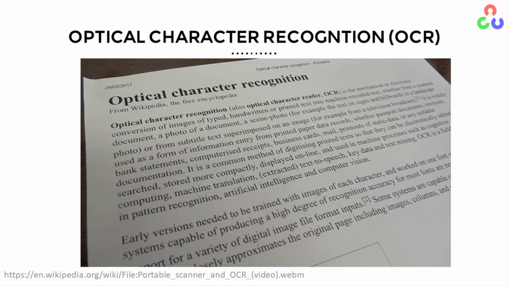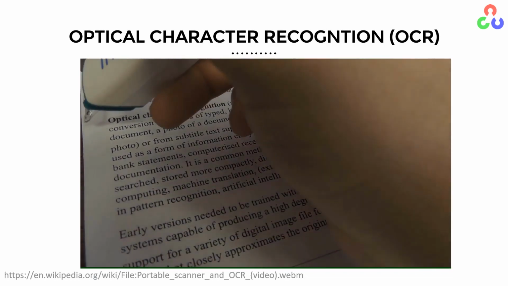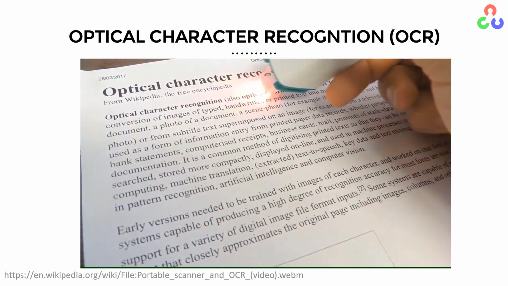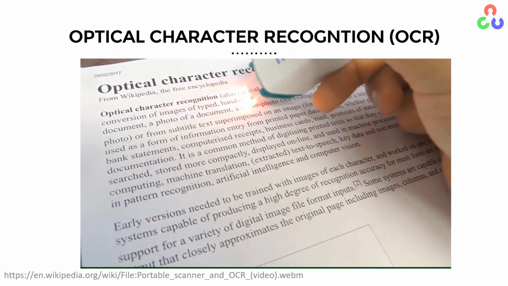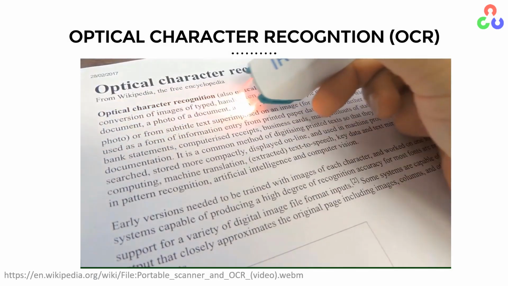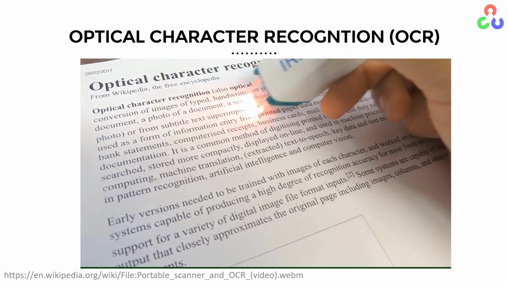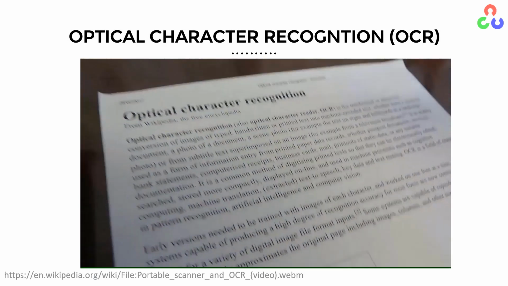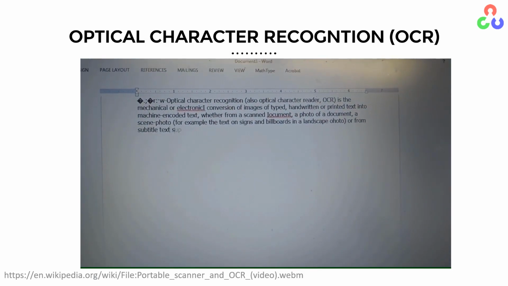And the reason it is called optical character recognition is that earlier they used to have these optical sensors that you would put on top of text, just like in this video, and it would recognize the text. This video has been taken from Wikipedia, but that explains the origin of the term. You have this optical device that goes character by character and does the recognition, as shown here.